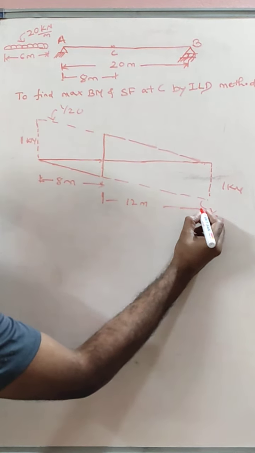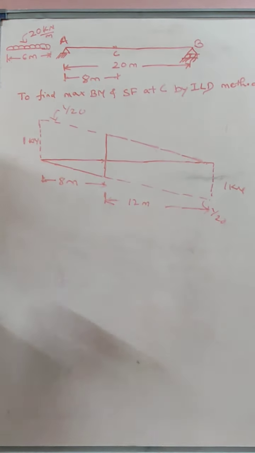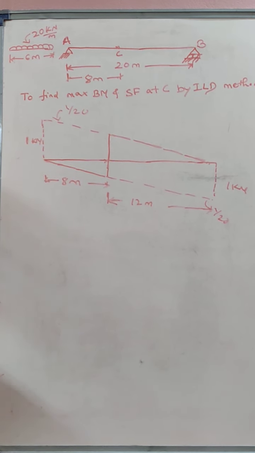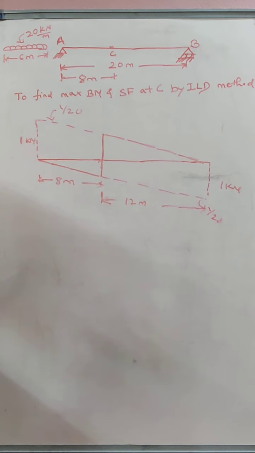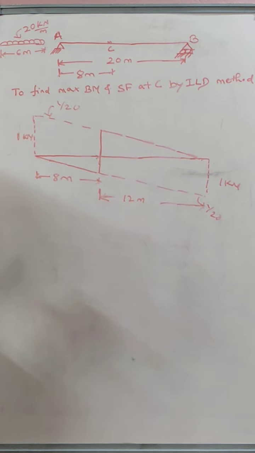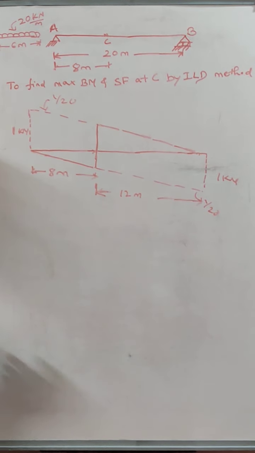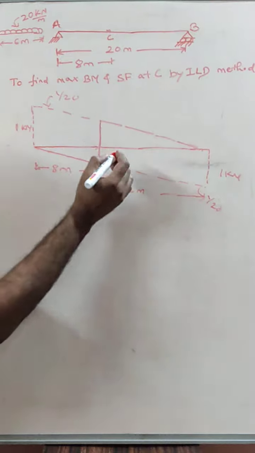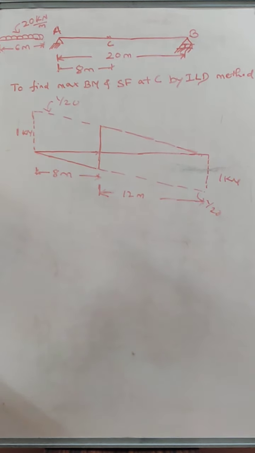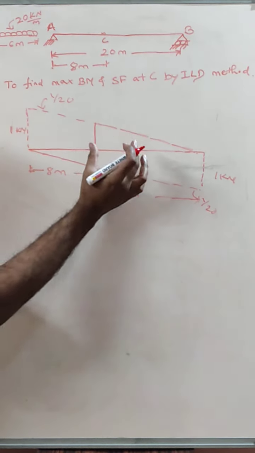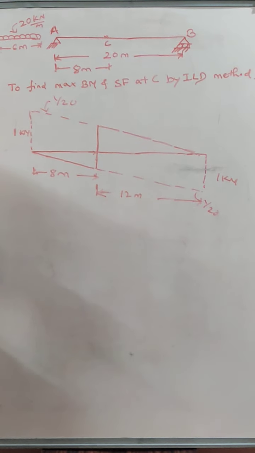Now you should understand that we need the maximum shear force at C. There is a negative zone, there is a positive zone. So naturally we are going to get two values again, like how we did in the last problem: maximum positive shear force and maximum negative shear force. For maximum positive shear force, as the load moves from one end to the other, it should occupy the complete positive zone. It should not occupy the negative zone, because if it is partly in the negative zone and partly in the positive zone, cancellation takes place. That is why it should be completely in the positive zone.